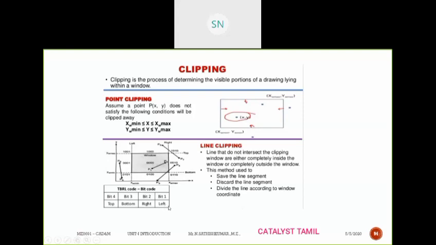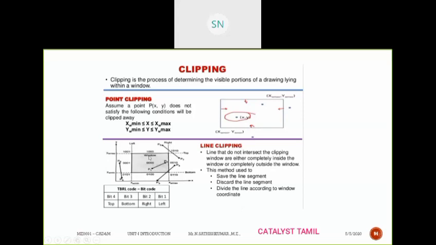Okay, so here bit 1 is called left, bit 2 is called right, bit 3 is called bottom, and bit 4 is called top. In the window, you have to extend the vertex available with the boundary of the window. For example, as I'm showing on the screen, this particular vertex is extended to mark one end of the boundary between the left and the right region.